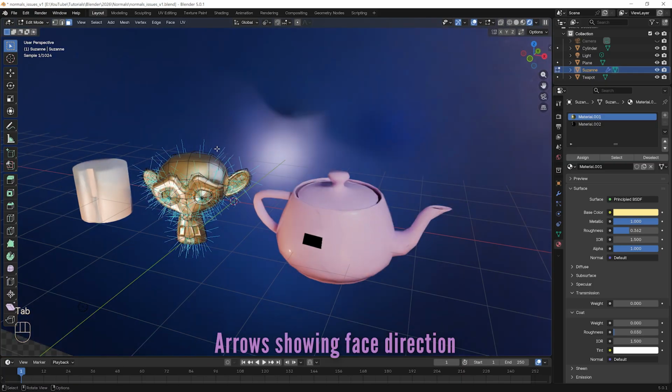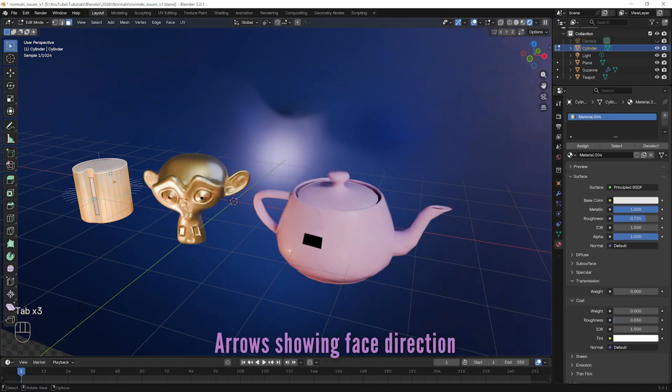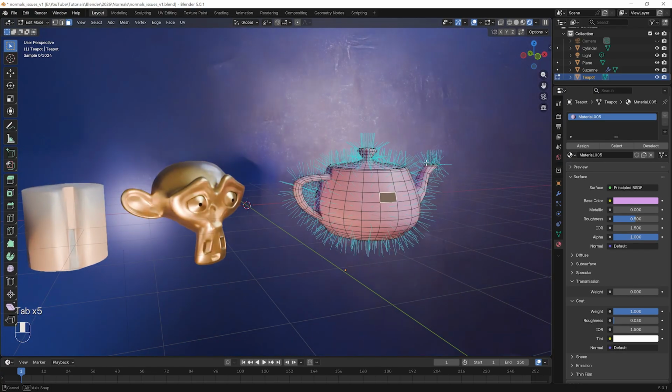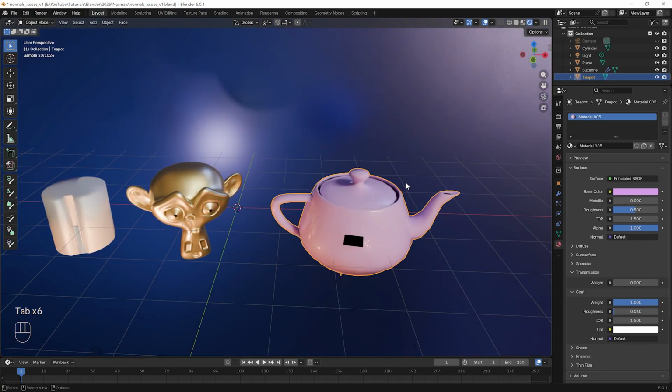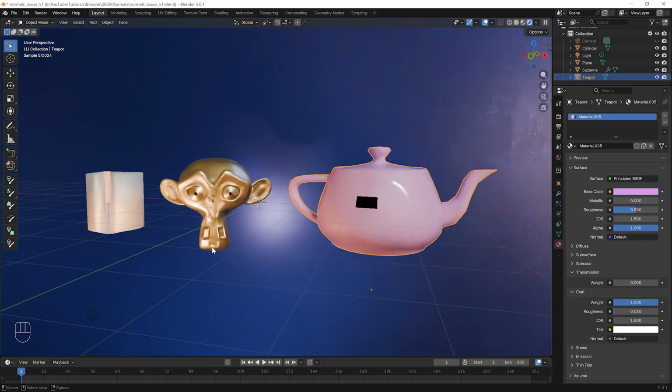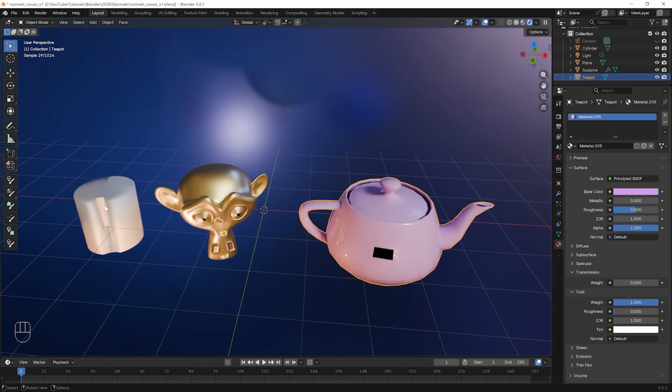Well, you can think of them as little arrows pointing outwards, telling Blender what side of a face is the front and the back. A bit like clothes, faces in Blender have a back side and a front side. And if the inside is pointing outwards, you can get issues with shading, modifiers, disappearing faces, and even when extruding faces.